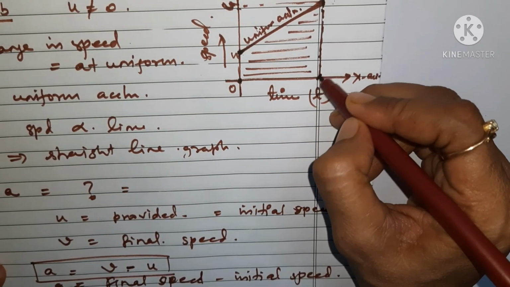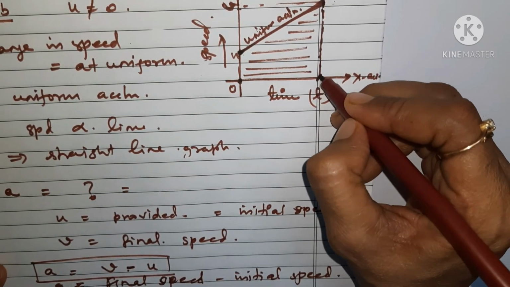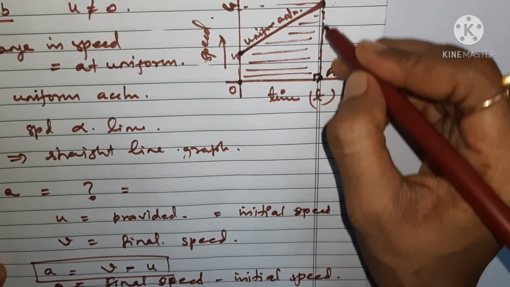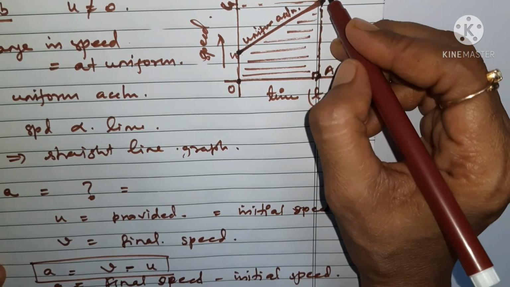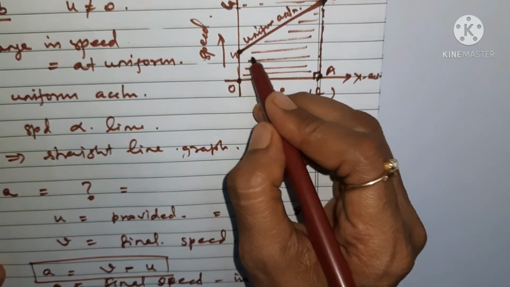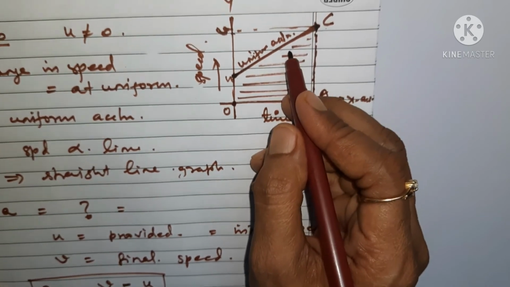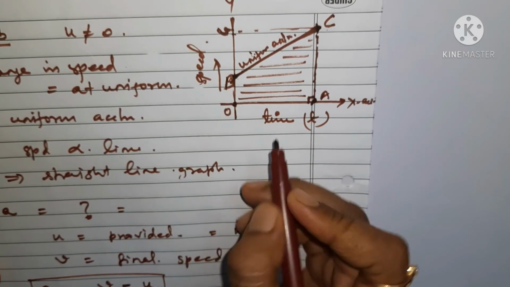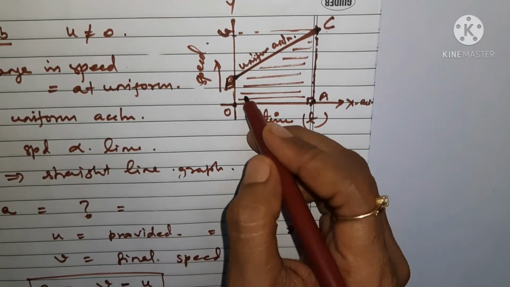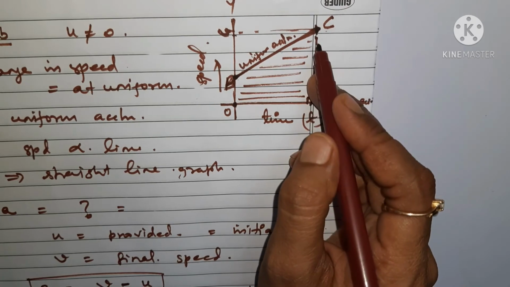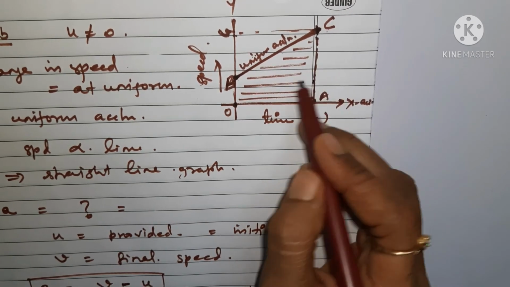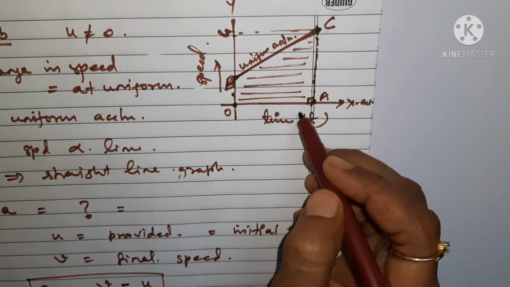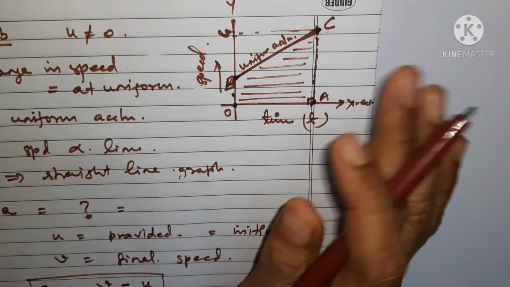At this point we are finding the distance, say this point is A. At this point if we draw a perpendicular, it reaches a point, say C, and it meets this line graph. Okay, this line meets at C, and here say it is B. So you can find the area of this, right? Since this is perpendicular, this is going to be parallel to this. What does it show? That OACB is actually the shape of a trapezium.